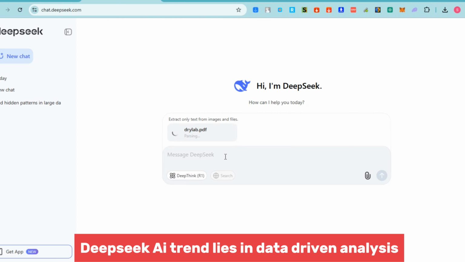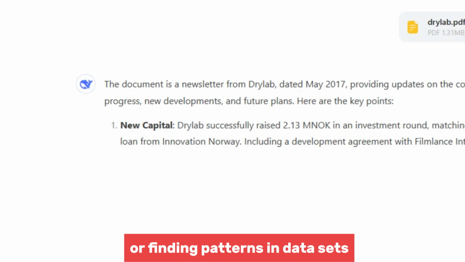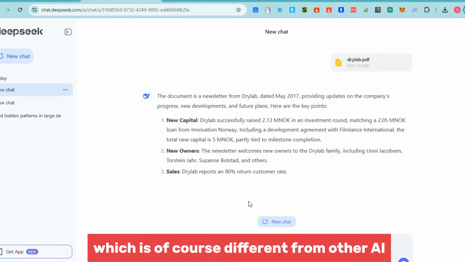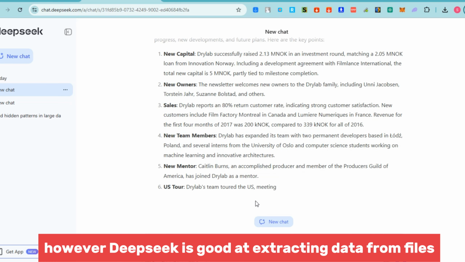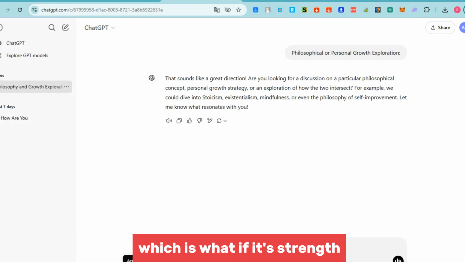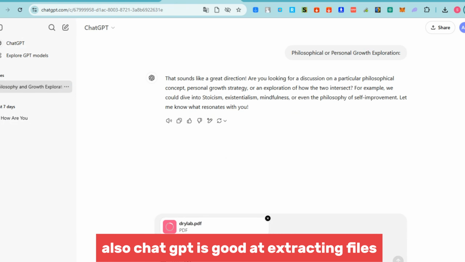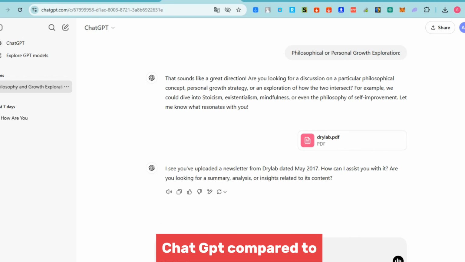DeepSeek AI's strength lies in data-driven analysis, such as predicting trends, performing statistical analysis, or finding patterns in datasets, which is of course different from other AIs. However, DeepSeek is good at extracting data from files, which is one of its strengths. Also, ChatGPT is good at extracting files. Now, the difference is that I observe ChatGPT compared to DeepSeek